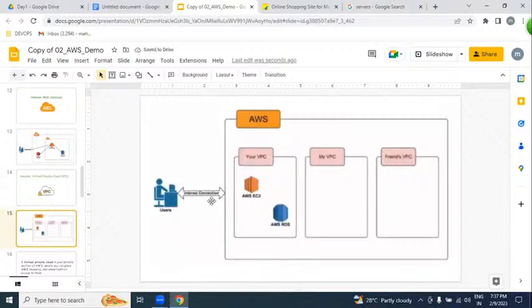By using VPC, we can create n number of networks. Anybody can get into this AWS, but after getting in, you can create n number of networks.